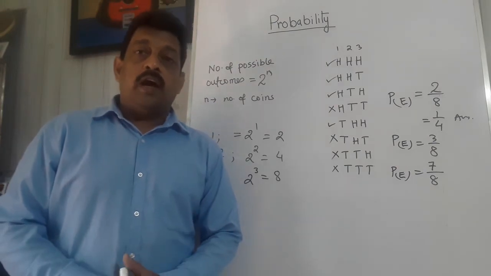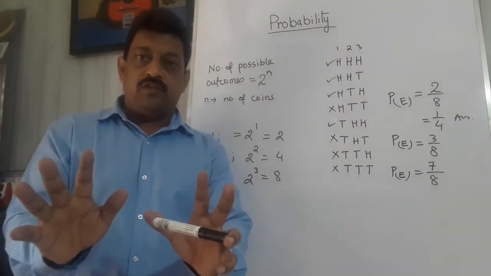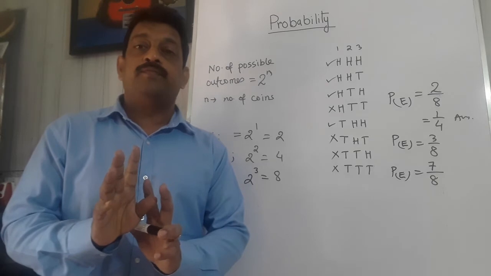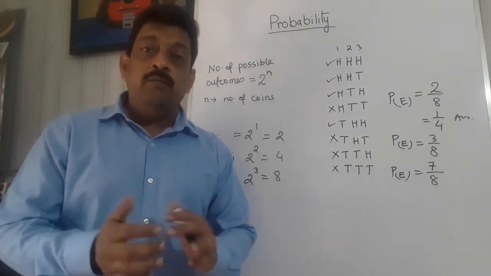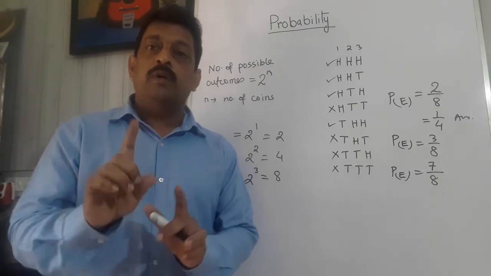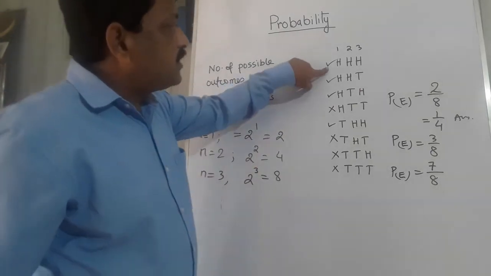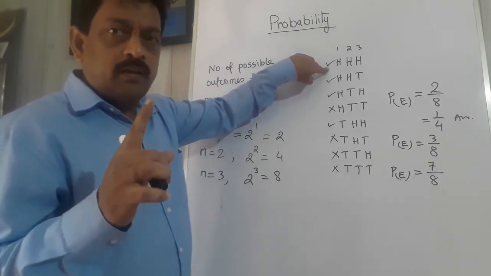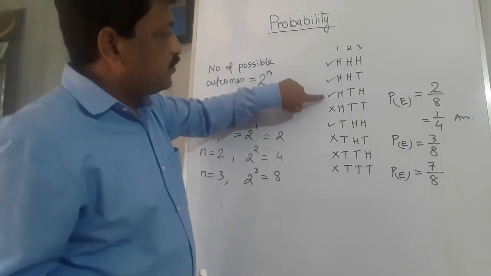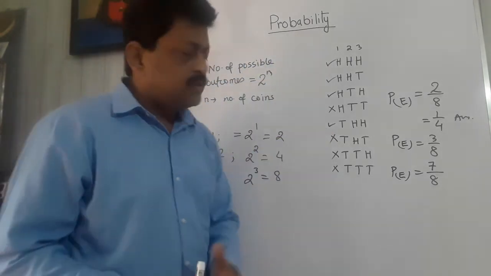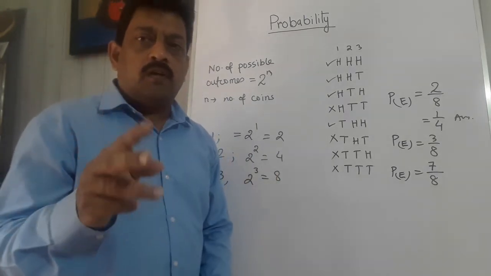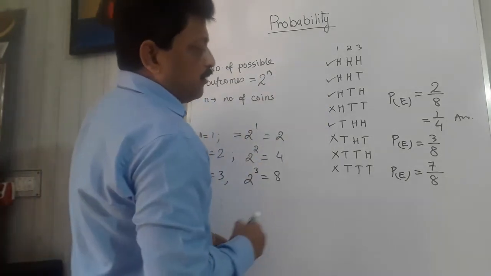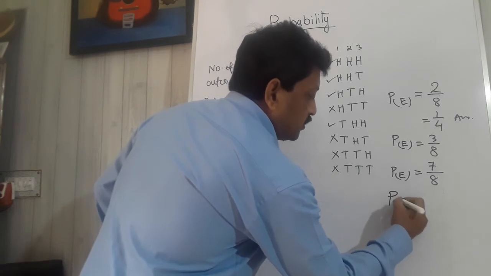The question is at most one tail, means if it is 0 tail, then we can also take this. At most one tail means, in other words, maximum one tail. So there is no question of minimum number of tails, only maximum we can take one tail. In this case there is no tail, still we can take this. We have to take maximum one tail. So we can take this, this, this, and this. In all other cases, there are either 2 tails or 3 tails. So we cannot take them. Therefore, these 4 are the favorable outcomes. So our answer is 4 upon 8.